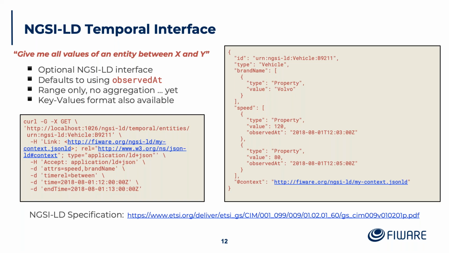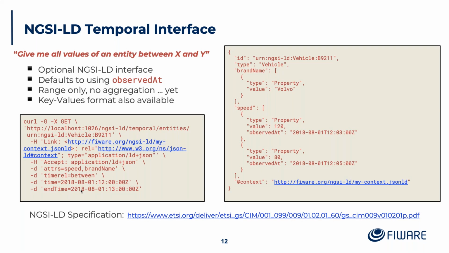But the NGSI-LD temporal interface, as defined at the moment, is slightly different. It doesn't give you buckets. It says, give me all the values of an entity between time x and time y. And it's effectively an extension of the standard query stuff, which means that instead of doing give me this vehicle, I can do give me this vehicle and give me these attributes, give me